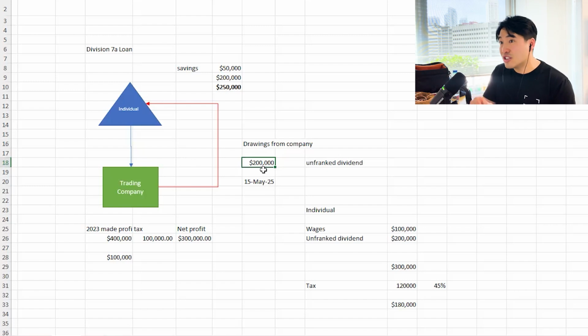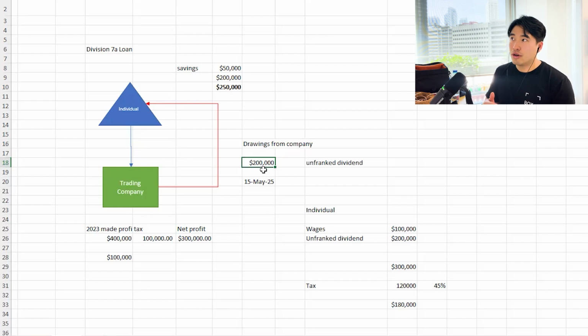It's actually in 2026, when you lodge your 2025 tax return, that the ATO finds out that you have not paid this $200,000 back and there's no loan agreement, there's no interest calculated, there's nothing. That's when the ATO can go after you. And to answer your question, there's no date that they cannot prosecute you for. They can go back 5 years, 10 years, and if they audit you, most likely they'll go at least 3 to 5 years.